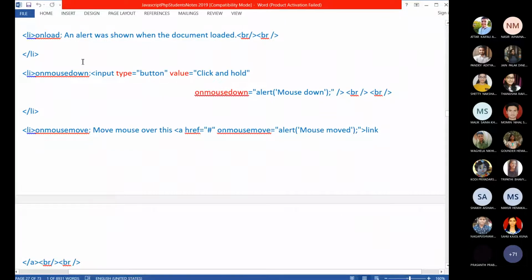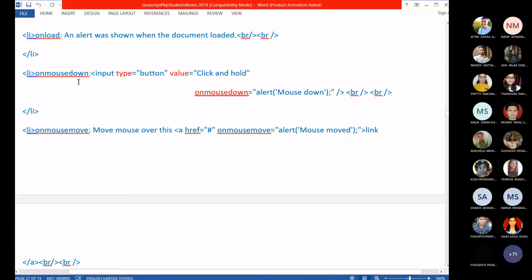On load, an alert was shown when the document is loaded. So this you will usually write within the file, not within any form element. When that file is getting loaded, that time it will be displayed. Even this we won't use. We can delete this.